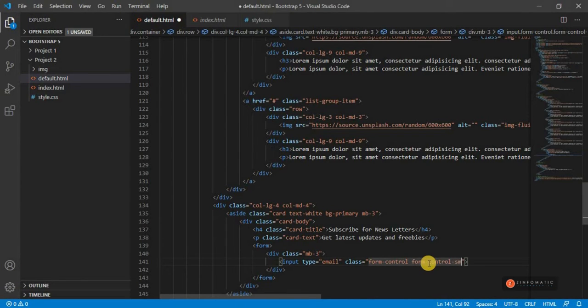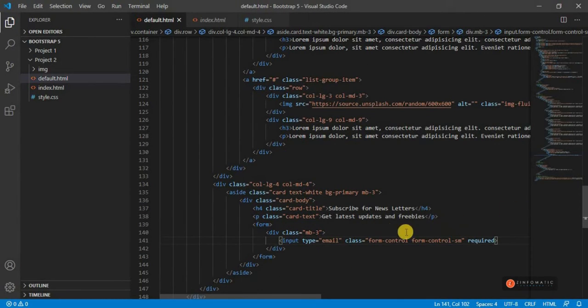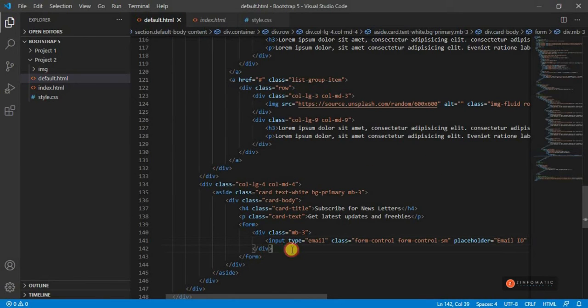I'm going to call this as SM. Okay, and it's required, so people have to input the details. Okay, so let's add a placeholder. I'm going to call this as email ID, and we can add another one, say